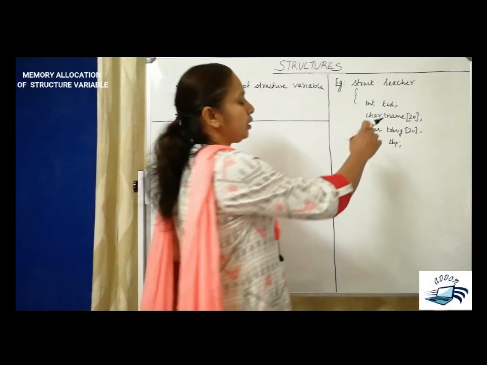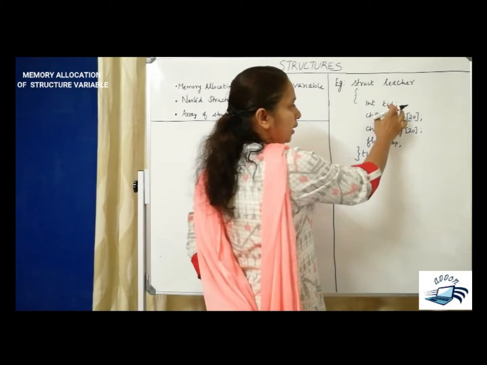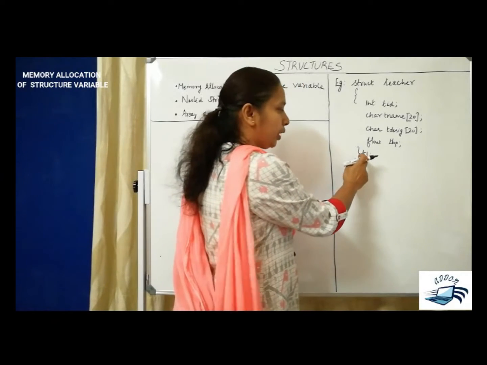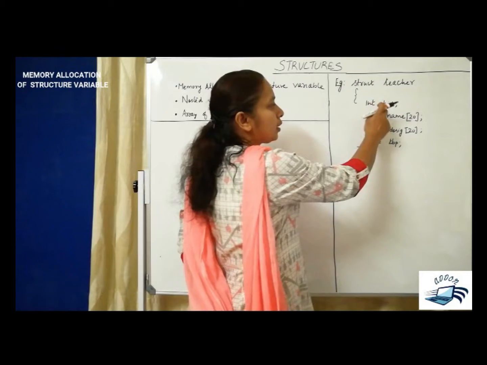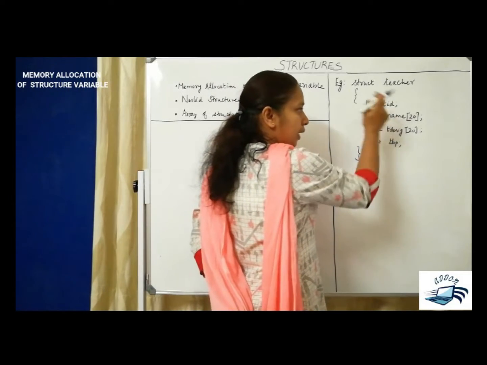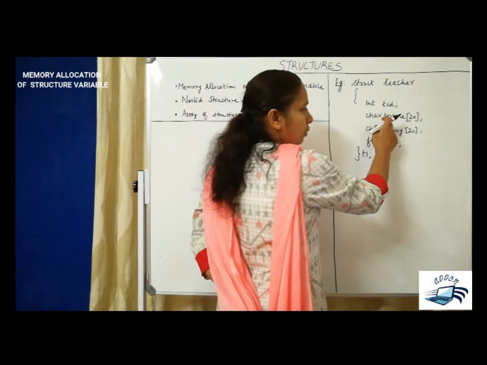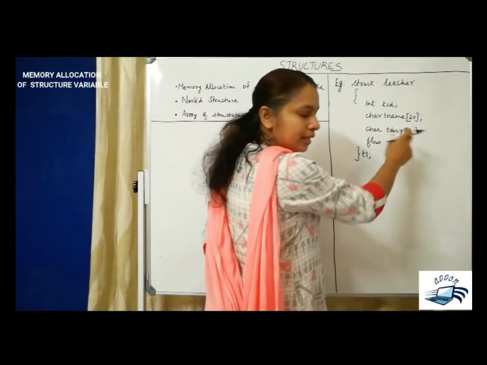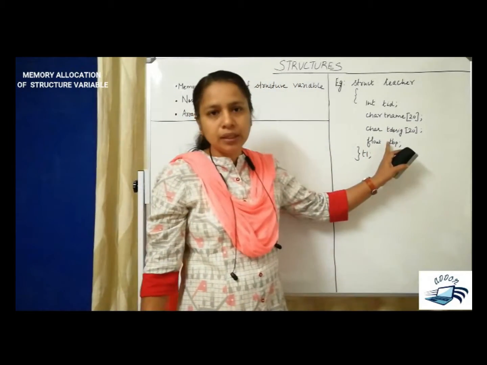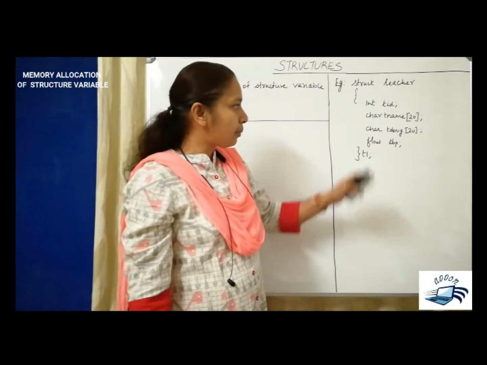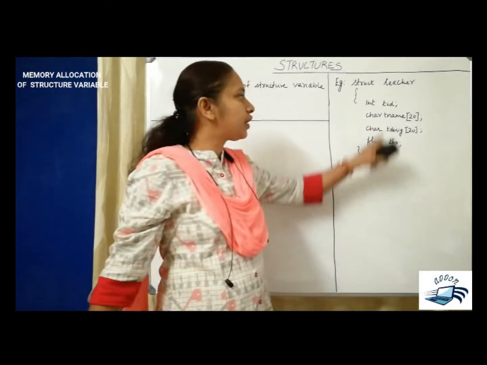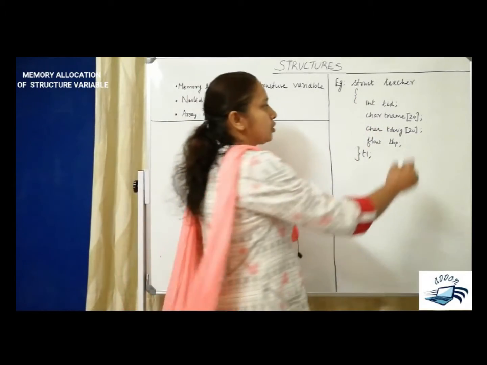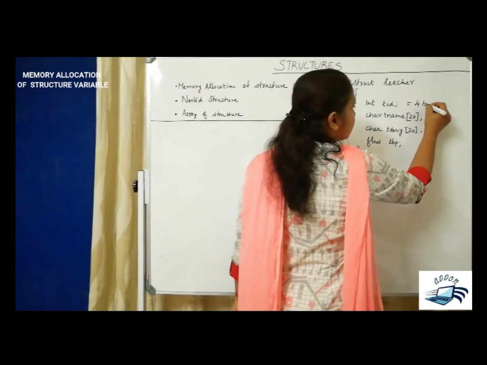That means here there are 4 data elements, namely TID, TNAME, TDESIC, TBP. So the total memory taken by the variable T1 is equal to the total memory required by the variable TID plus the total memory required by TNAME plus the total memory required by TDESIC plus the total memory required by TBP. In this example, TID is of type integer. Integer will take 4 bytes of memory, so TID will require 4 bytes.